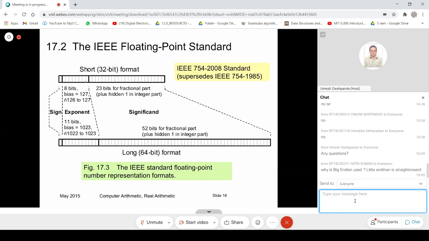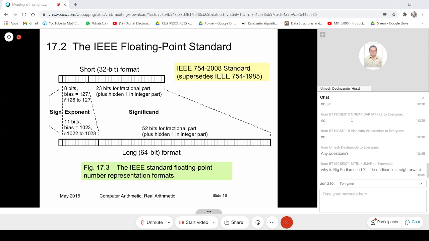Let's say we want to represent a number like 123.65 in decimal in this IEEE 754 format.